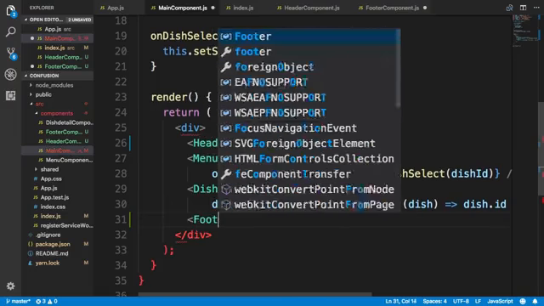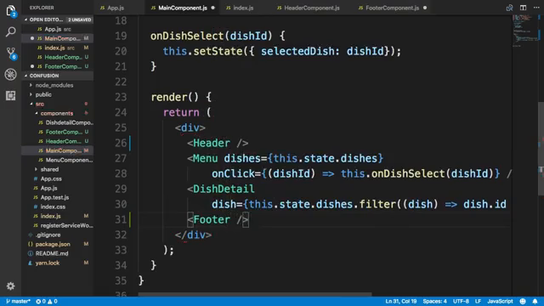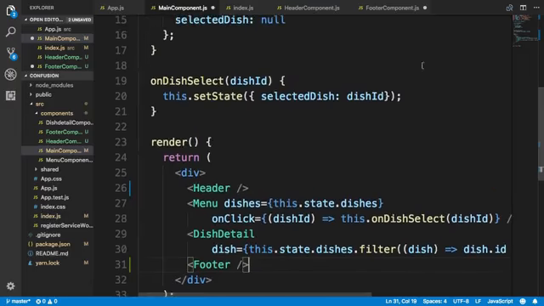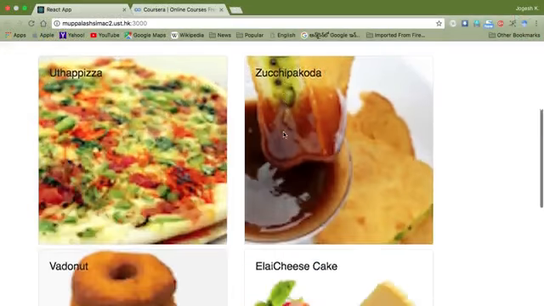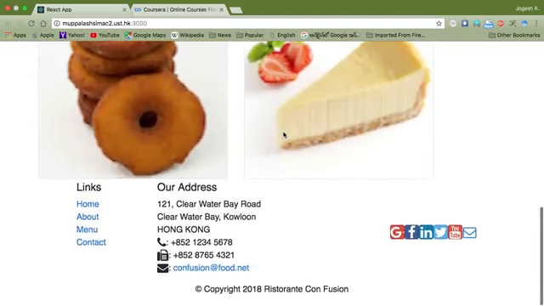So we will add in the footer into our main component, and then let's save the changes. Taking a look at our application in the browser, you now see, along with the header, you see a footer